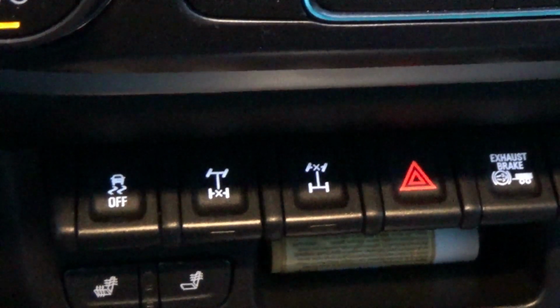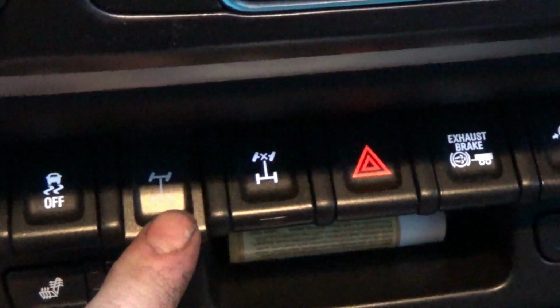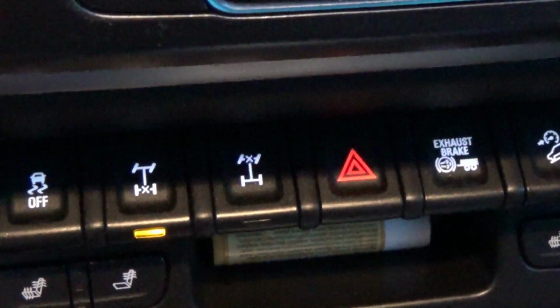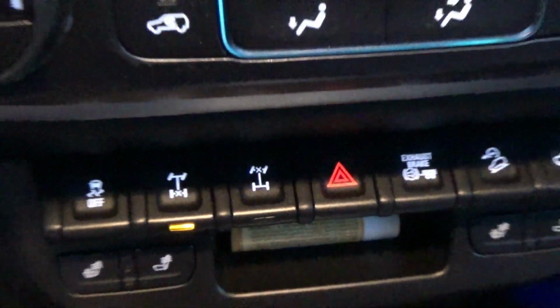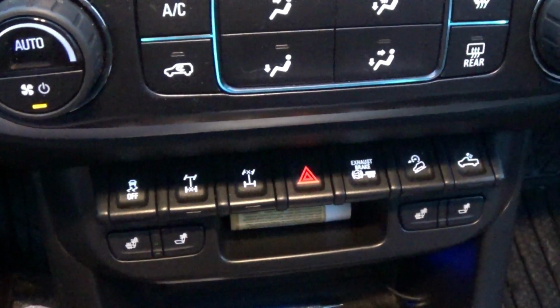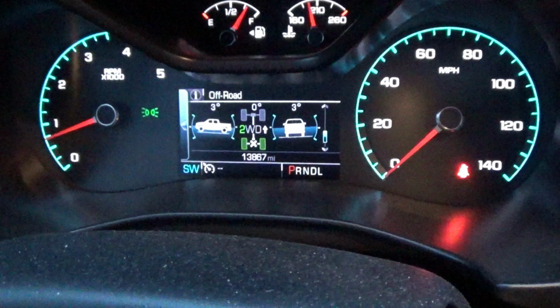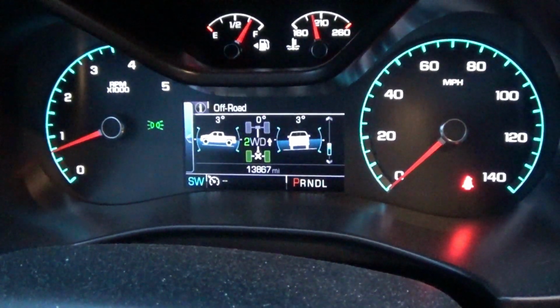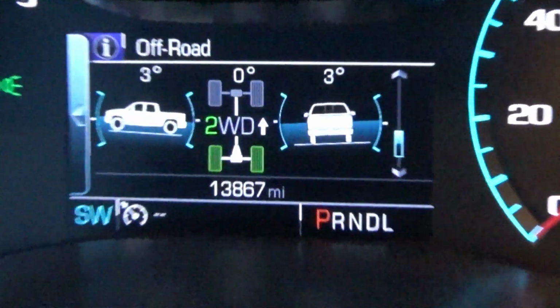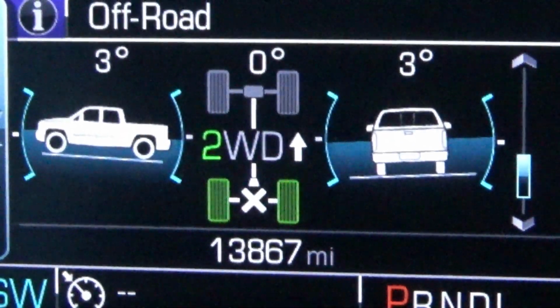Unlocking the differentials is easy. Two-wheel drive or four-wheel drive, you just reach down, hit the lock button in a flash, and it's locked. Hit it again, it turns off. Up here on the dash, it'll tell you with an X on your display, locked and unlocked. There it's locked,